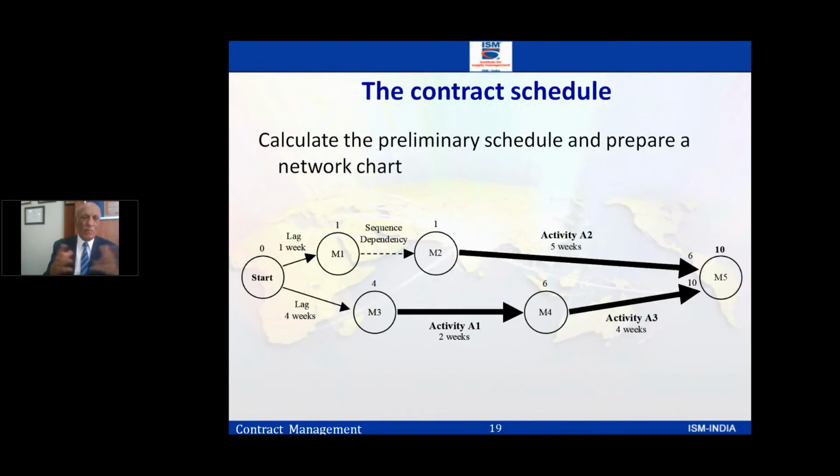So this is one of the PERT charts. You can say starting from this, ending at the last activity, M5. So you have a wide range of activities, milestones M1, M2, M3, M4, M5. The critical path is the one which takes the longest time. If you look at the bottom one, 4 weeks plus 2 weeks. The 4 weeks is from start to M3. Then M3 to M4 is 2 weeks. Then M4 to M5 is 4 weeks. If you add up, this is 10 weeks.